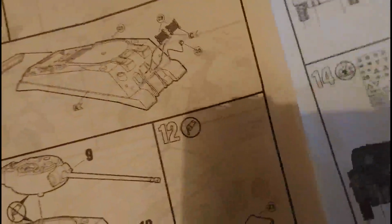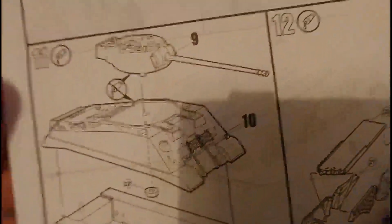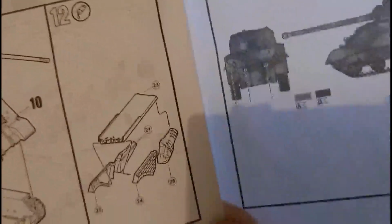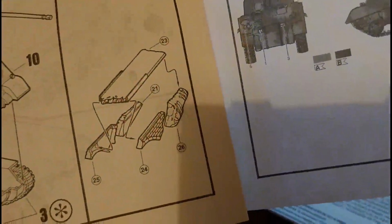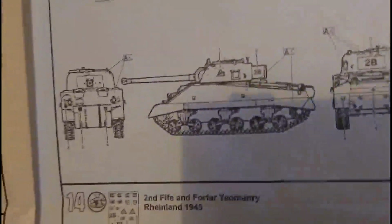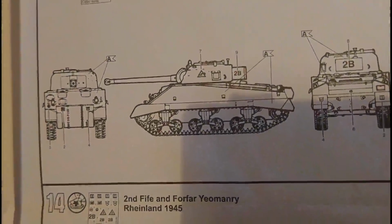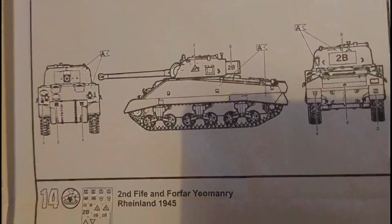And then in section 11, you marry the whole lot together to form the Sherman itself. Then in section 12, you've got that lovely little diorama that you got with all Matchbox models. This is half a bridge, which is quite nice. And then in section 13, you've got the Decal Application, which is applied before the kit is actually